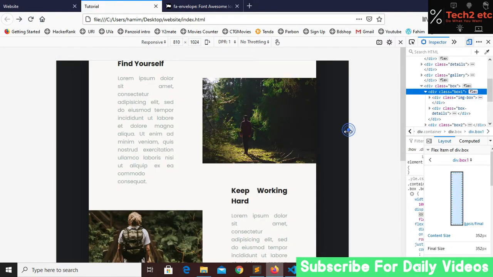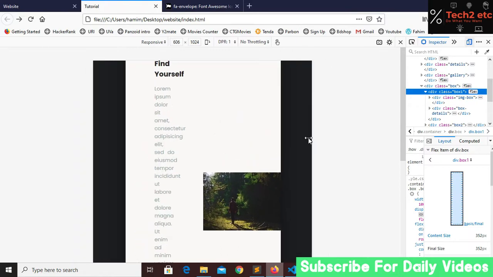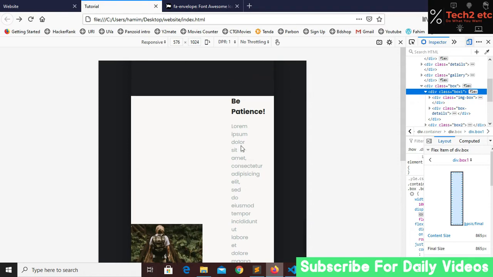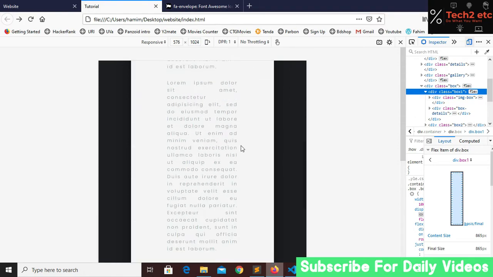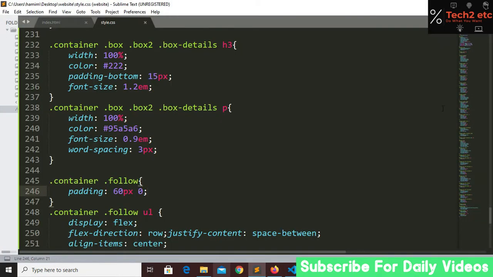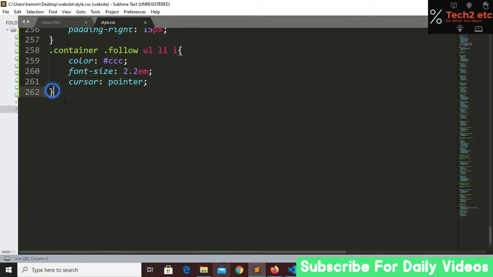So if we now decrease our screen sizes, this image is not responsive and this paragraph is also not responsive. We just have to fix this thing. So for doing this we have to go to our code editor, and now we will make our website responsive using media query. So first we have to initialize our media, and I want changes only on screen sizes, so that's why only screen, and now we have to get a